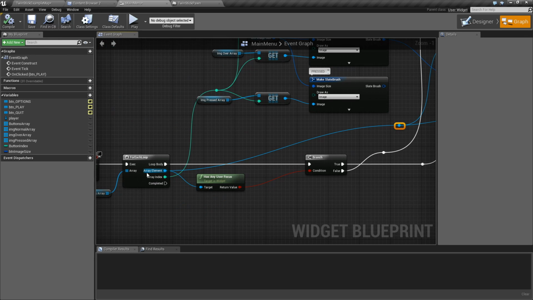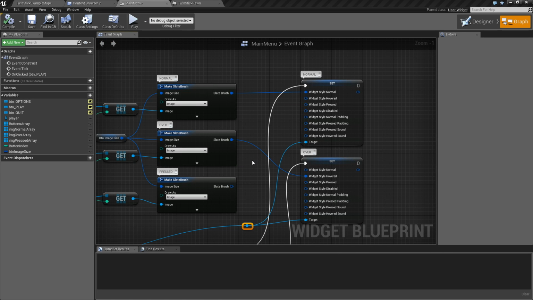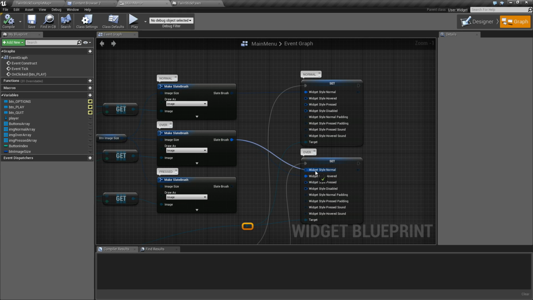So the target is the current element on the array we are evaluating. So now play works, but the other ones are not working. That's because when we are in the over state, we actually want to connect the over state in the normal slot as well. That's because we're kind of tricking Unreal Engine here